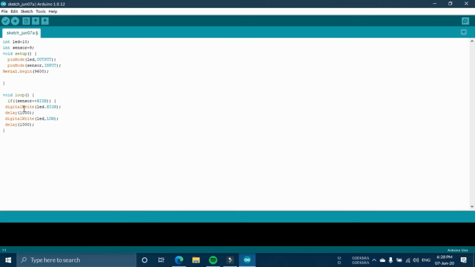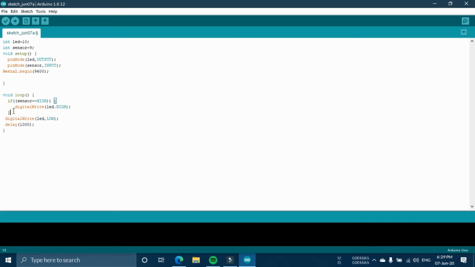In programs, double equals means 'is equal to' in common language. So then we can do HIGH. What this will do is, whenever the sensor gives an output of 1, when it detects something, it will turn on the LED.